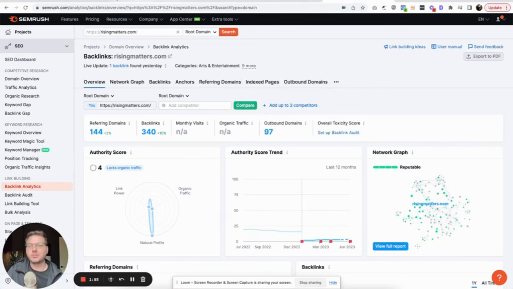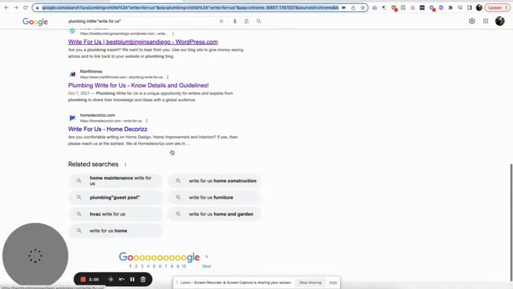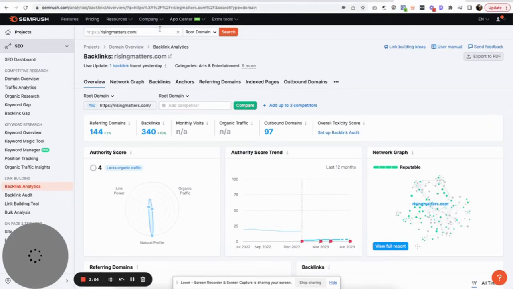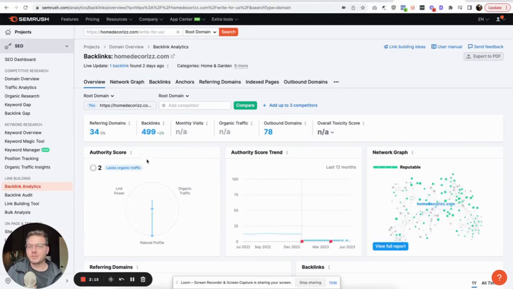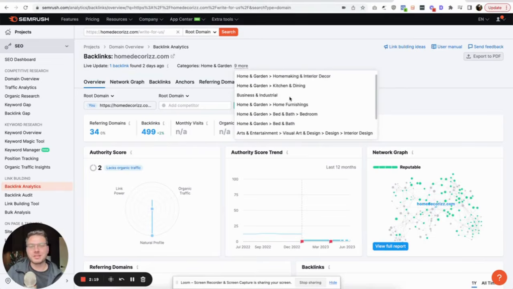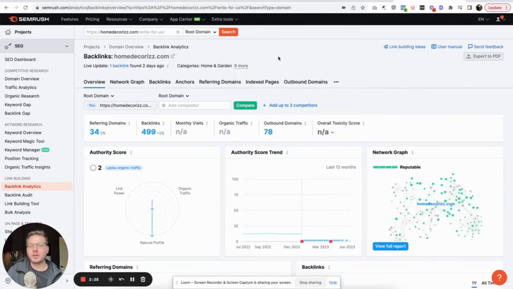So again, you're just going to go back and go through this list here and find a website that actually falls within your niche. So I'm going to take this one here. I'm going to do root domain and let's just see homedecorriz.com. Let's see how this one does. I'm hopeful for this one. This one could be good. Oh no, this one is not good. But at least the category is getting to where we want to be: bed and bath, bedroom, bed and bath, homemaking and interior design. So this is more of what we want, but it's not quite there in terms of